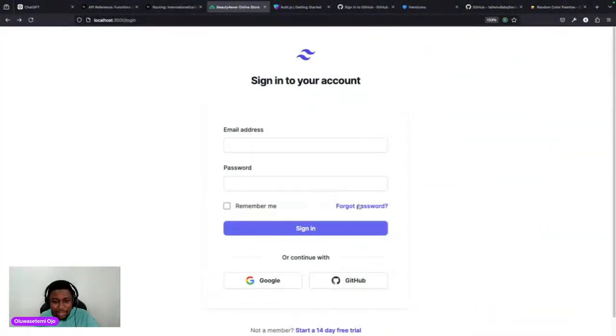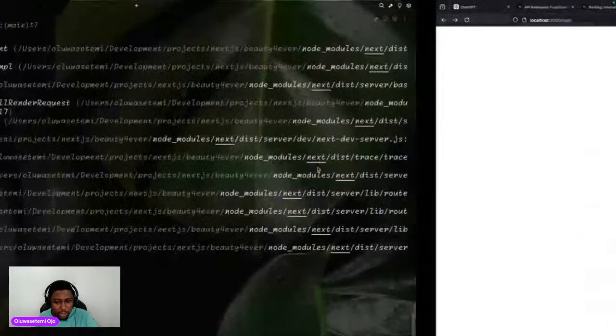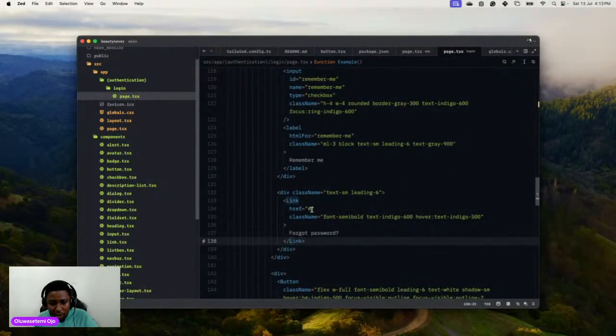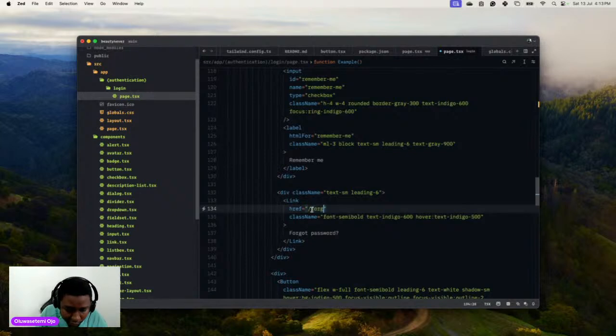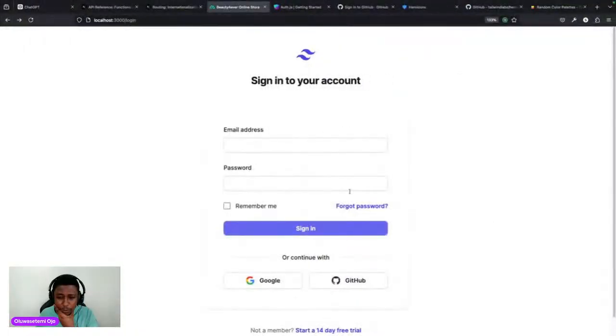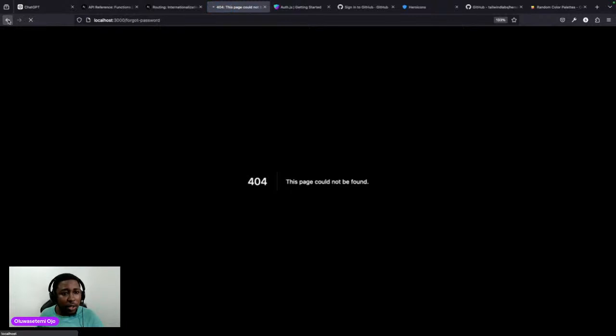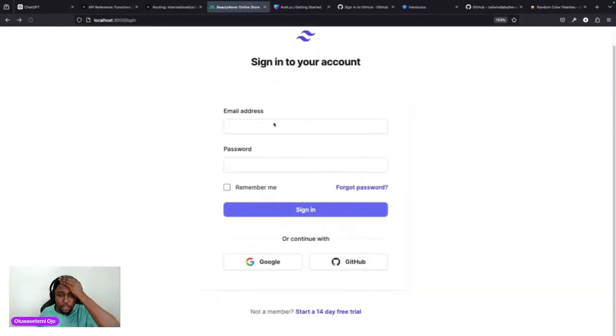So we still have the same thing. Yeah. So we want this to route us to a forgot password. Should route us to a forgot password. So if you hover on it, it should take us to a forgot password. So we can then work on the forgot password. The forgot password is just going to need